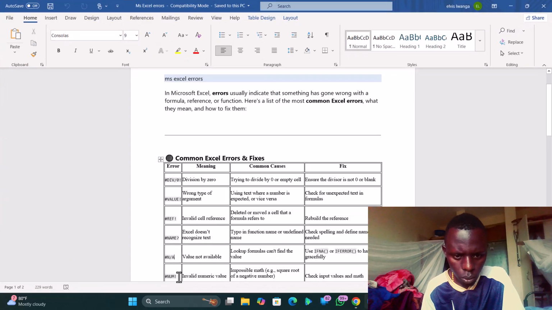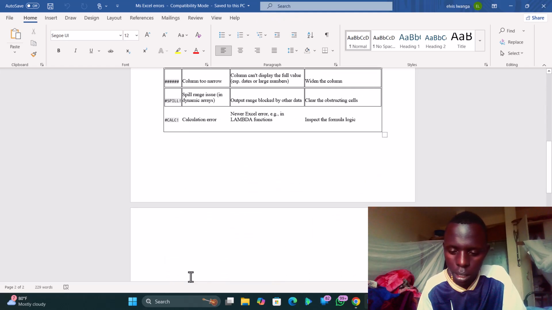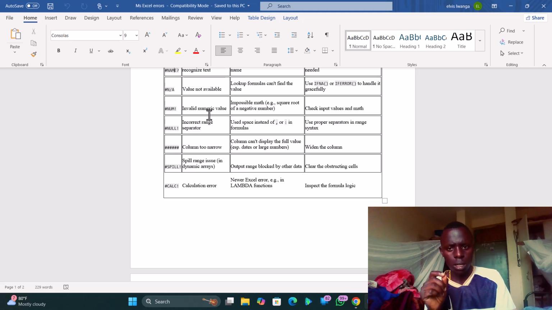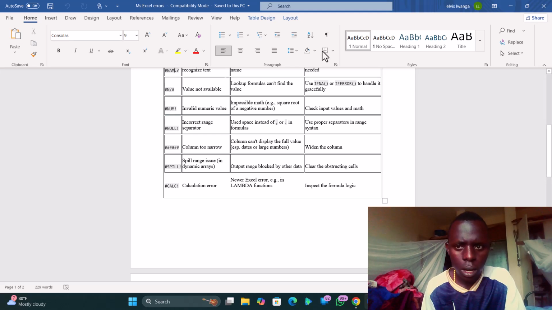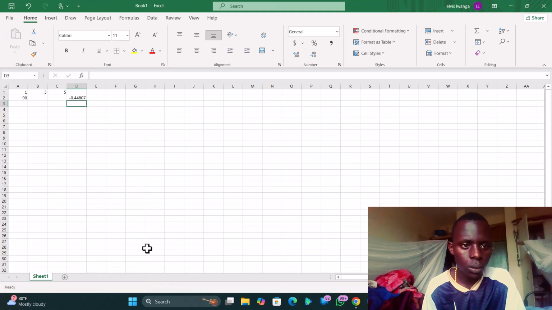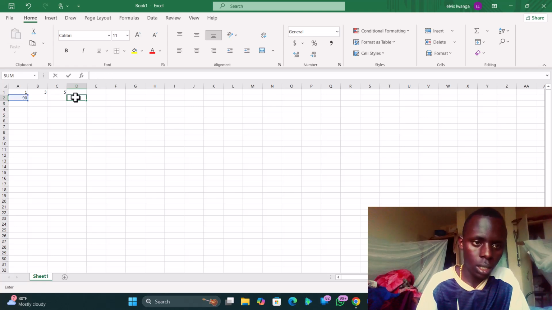Let's go to hashtag NUM exclamation mark. What does it mean? It means that we have an invalid numeric value, possibly in math, for example the square root of a negative number. Check input values and the math. How do we get this? When we try to calculate the square root of a negative,